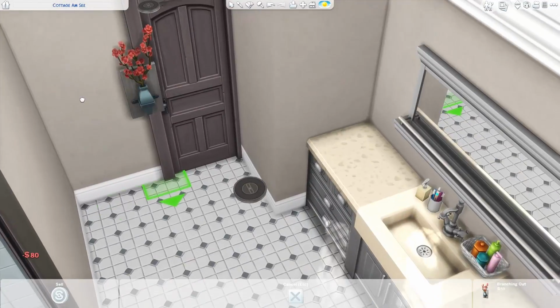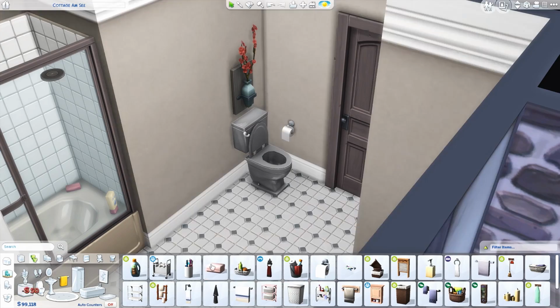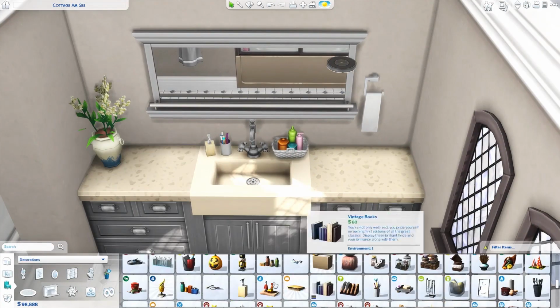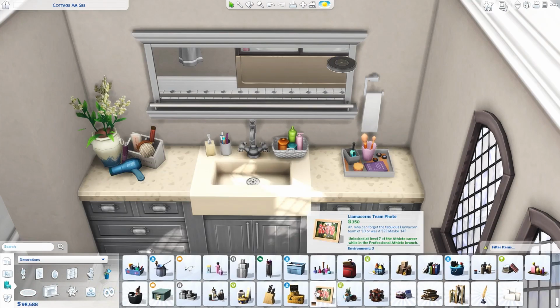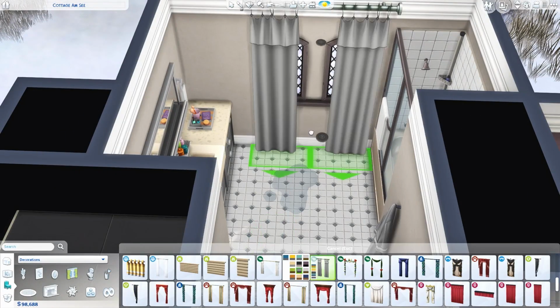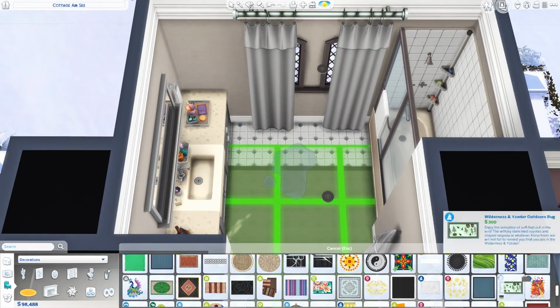But this is going to be the bathroom that they share, and I think it comes together really nicely. It's probably really similar to a lot of bathrooms that I do decorate, but I do really like it, so hopefully you guys will like it too. But here I'm just adding some clutter to the counters. We got that blow dryer decoration that I really like, and then some makeup clutter,